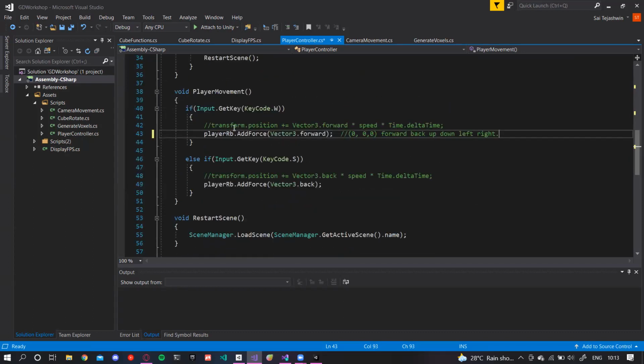Once I've added a force towards the z-axis, I'm making sure that my object is moving smoothly.